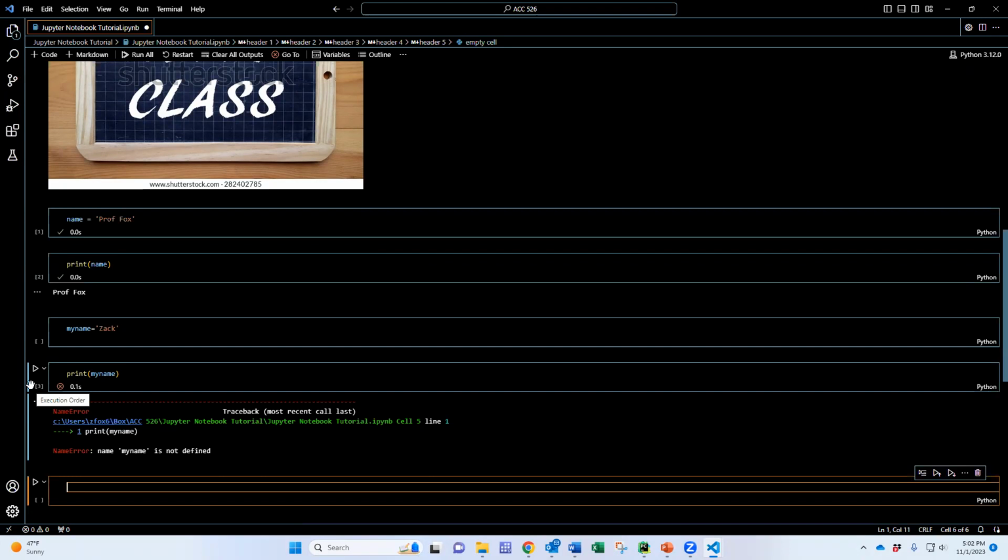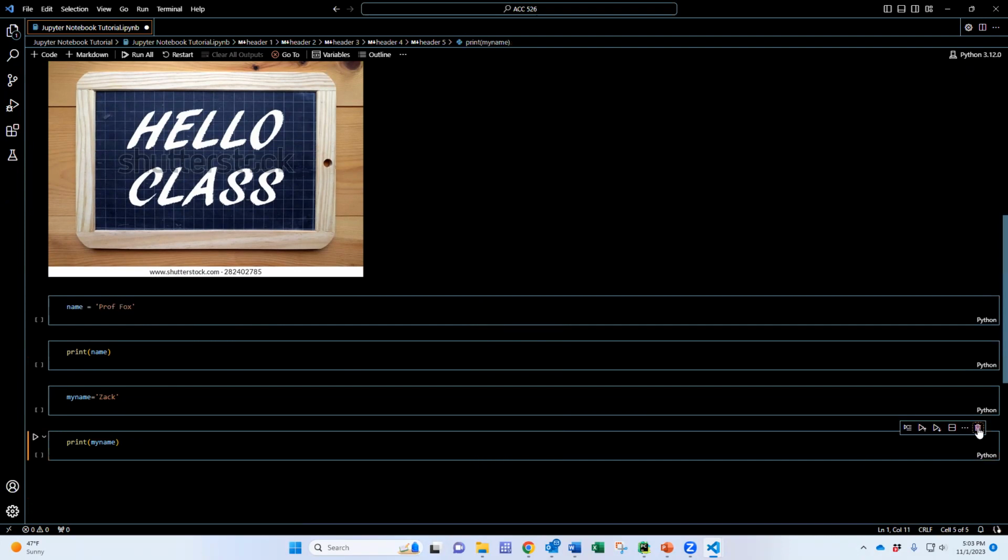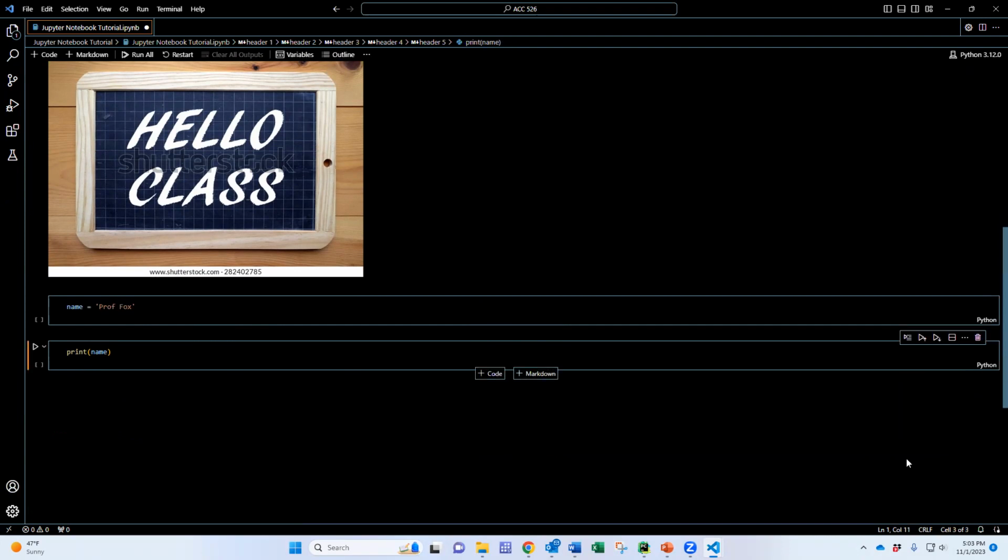Now, before turning in a project or finishing up a quiz, we're going to learn about what's a good way to check what you're doing. And the first thing that you want to do is select the clear all outputs option. That clears up everything that we've been working on. And since we don't necessarily want this code here because it was illustrating a point,